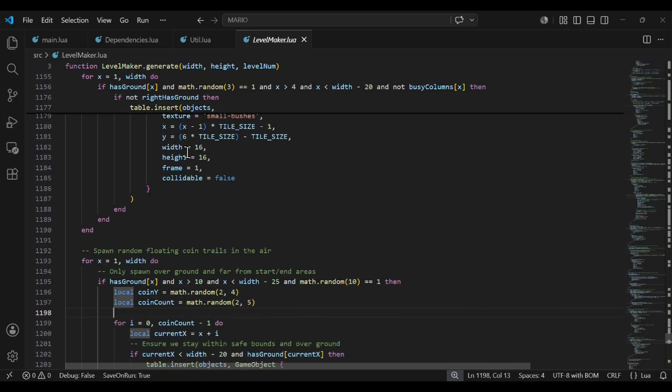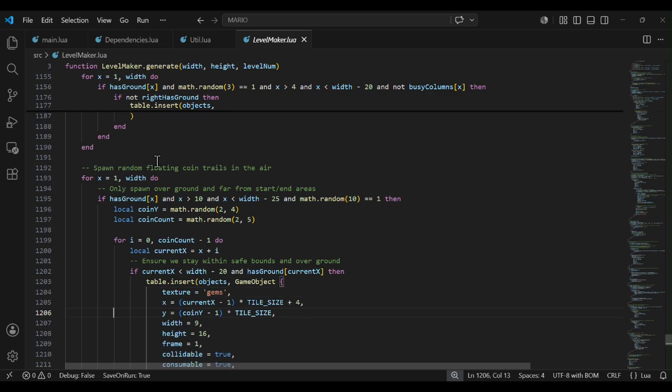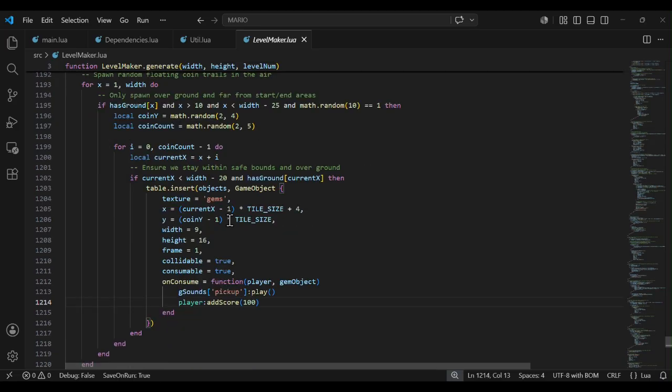Then, yeah, these will just randomly spawn coins in the air. So here you can adjust the number of coins in this line, where x with minus 25 and